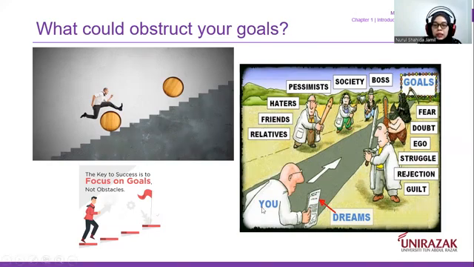Okay. Imagine this is you, and this is your dream. You want to get a good CGPA, right? So this is your dream. Okay. Your obstacles here might be your struggles, your guilt, maybe your doubts, your fear, maybe your haters, maybe your friends. So you just go through the path to get your goals. Ignore this negativity along your path. Just go straight to your goals.